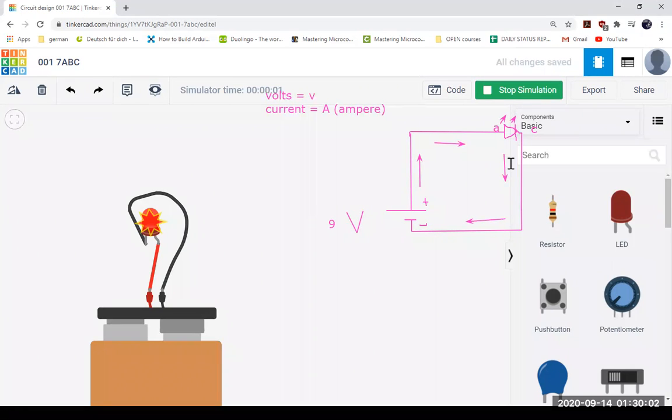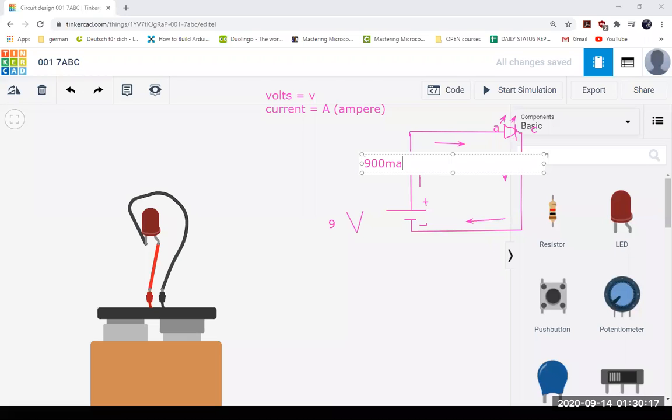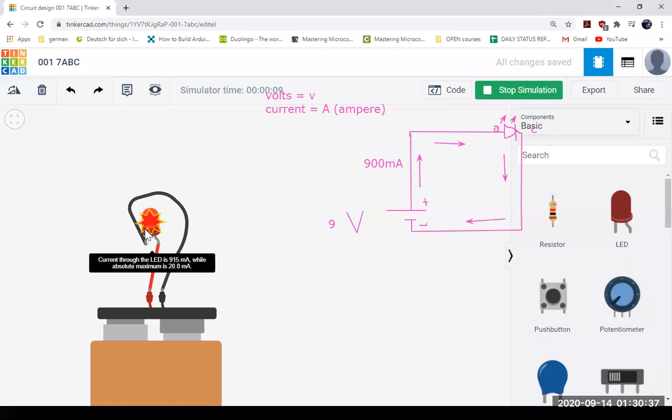Now what's happening is that the amount of current in this circuit is too much. If we are connecting 9 volt, then it's giving us 900 milliampere of current. So this amount of current is going through this. Now what is this amount of current doing? It is destroying our LED. So to prevent this distortion of our LED, what we have to do? We have to limit this current, right? हमें इस current को कम करना पड़ेगा. And how we can do that? We use resistor for that.